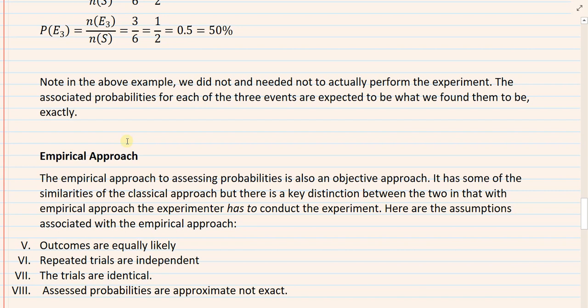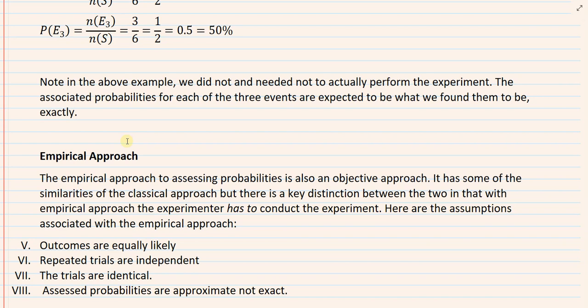Let's look at the last approach for this section, and we'll be done with this section. The last approach to assessing probability is the empirical approach. Now, the word empirical means based on actual experiment. Okay? So with the empirical approach to probabilities, we have no choice, we have to